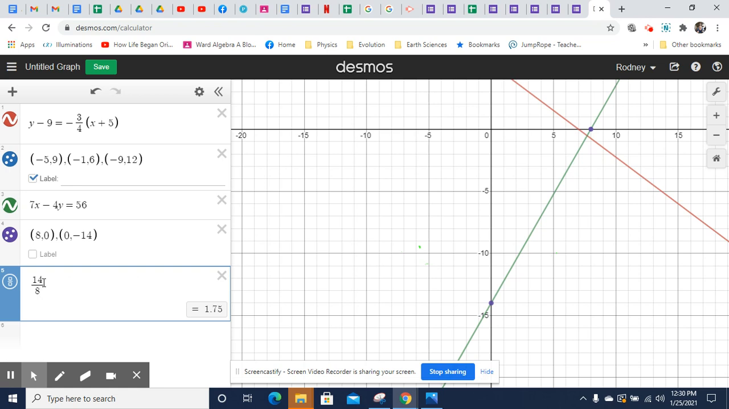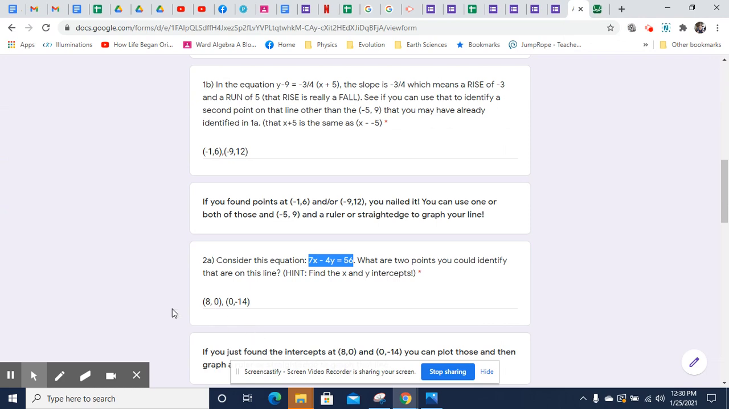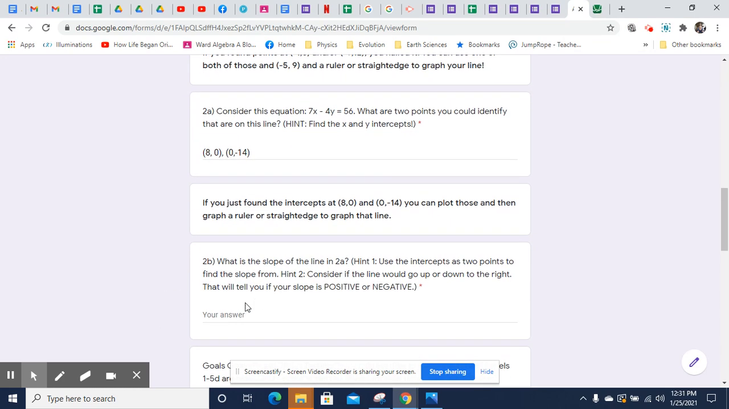So we have a slope of 14 over 8, which we can simplify, or reduce, I should say, to 7 over 4. 1.75, but 7 over 4 is the slope. So let's go in here and work out that slope. That slope should be positive 7 over 4. All right, I hope that was helpful, and I'll stop